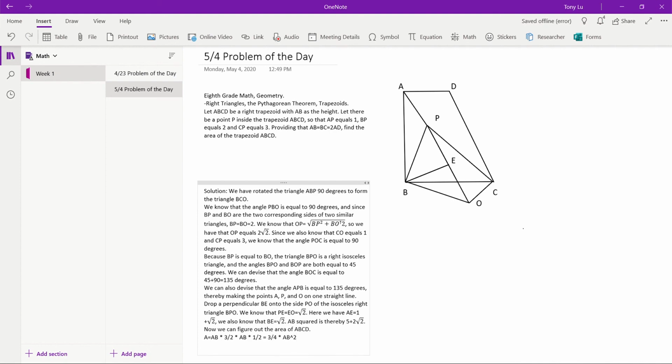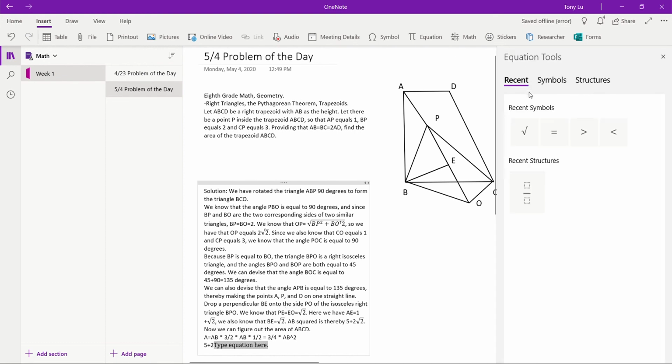So we can multiply 5 plus 2 square root of 2,